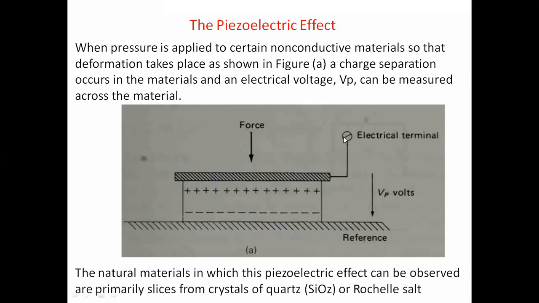Okay, so if we measure this positive and negative, we can get the output voltage. The obtained output voltage is proportional to the formation of these charge carriers. The separation of charge carriers depends upon how much force we apply. So here the force is converted into charge carriers, and the charge carriers are measured using some electrical device or voltmeter. With that we can get the output voltage. Output voltage is proportional to the amount of force.